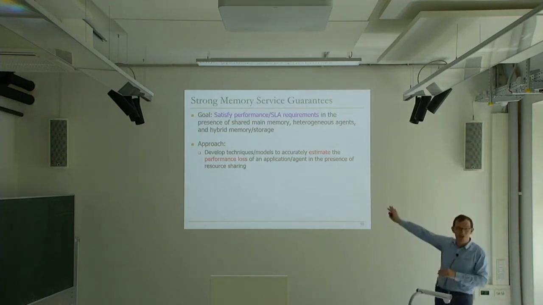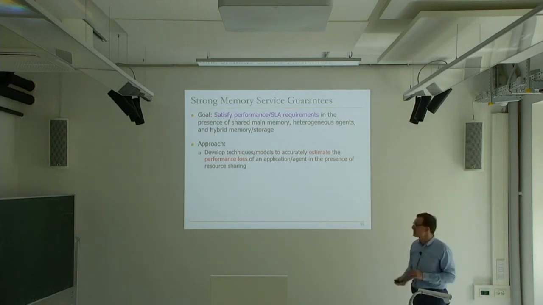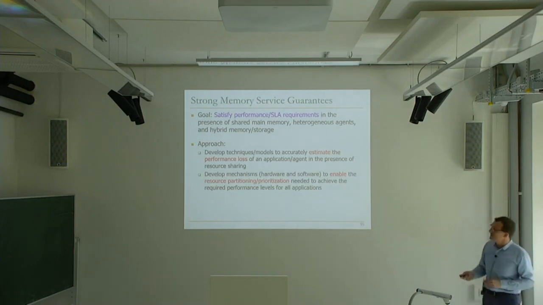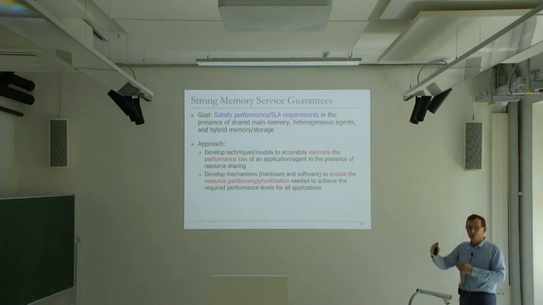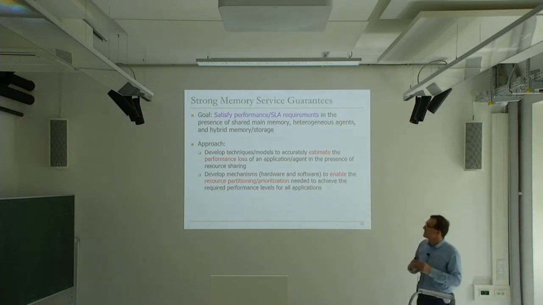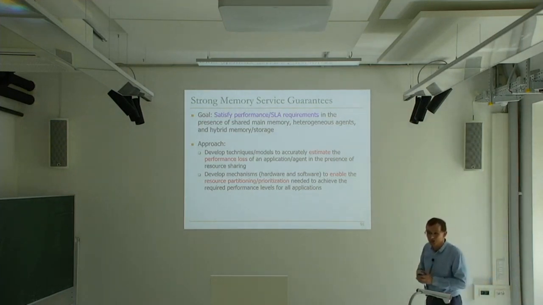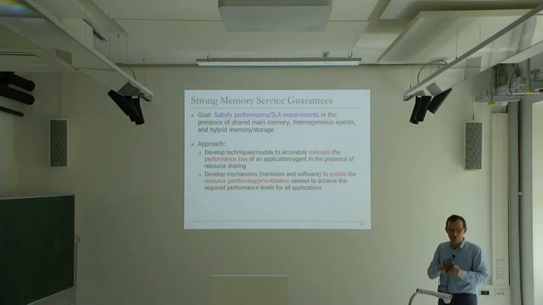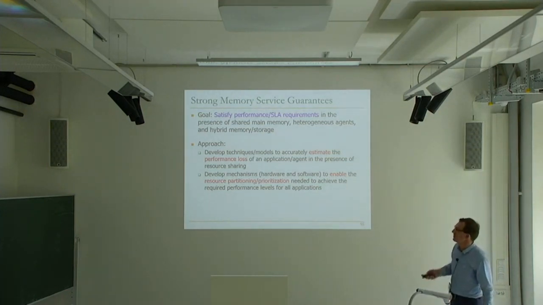Because this is just an estimation problem. While the application is running, you know how much is being slowed down because of this resource sharing. Now, if you know that information, you can feed that information to the memory controller, and the memory controller, or caches, can do resource partitioning and prioritization to ensure that the slowdowns are at levels that are tolerable or that are requested by the user. So for example, when I press a button over here, I have some requirement, latency guarantee, and if that requirement is not being satisfied, that application should be prioritized, right?